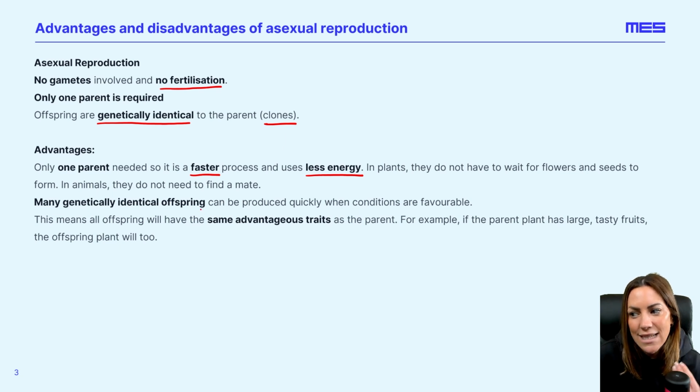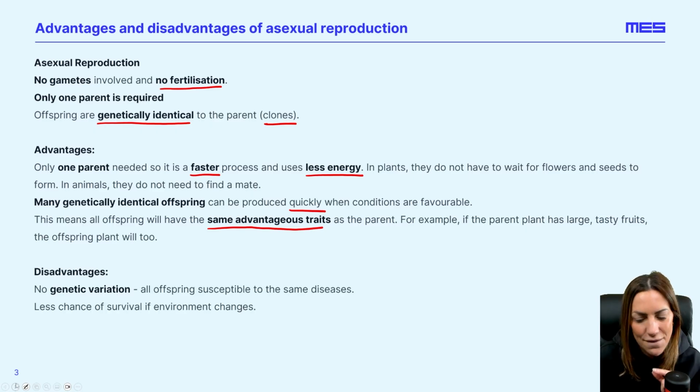You get many genetically identical offspring. Now, you could give that as an advantage because these offspring can be produced quickly if conditions are favourable. And that means that all the offspring, because they'll be genetically identical, if the parent had an advantageous trait, the offspring will inherit the same advantageous traits as the parent. So if the parent plant had large, tasty fruits, a strawberry plant with big, red, juicy, tasty strawberries, then the offspring will inherit that same advantageous trait because it has the same DNA or the same genetic